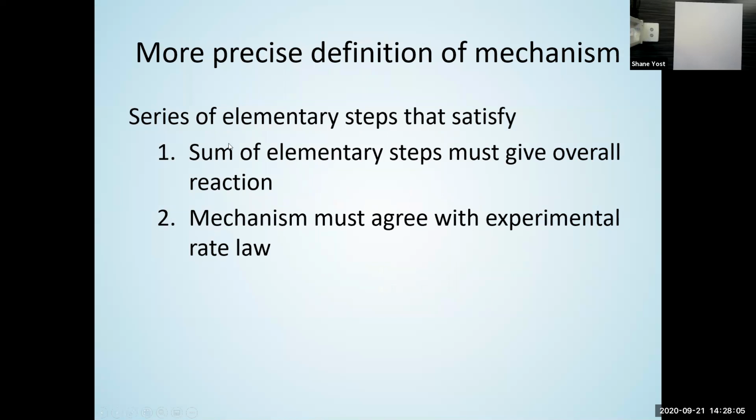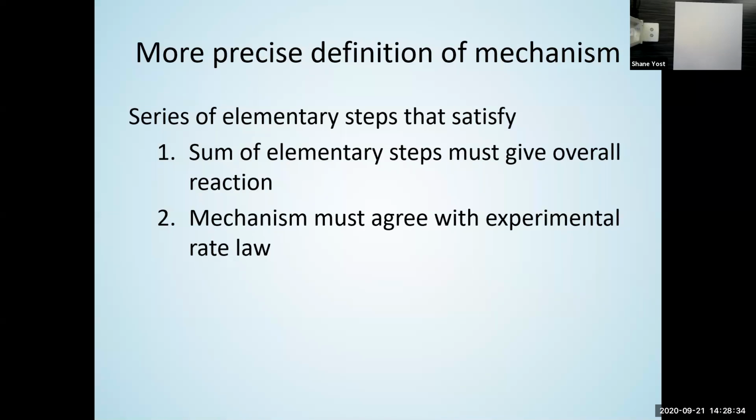Just to sum up, a reaction mechanism is a series of elementary steps that sum up to give you the overall chemical reaction. For our reaction mechanism to be valid, it needs to agree with an experimental rate law. In lab, we would determine what the rate law is for our overall chemical reaction, and then we try to see if that agrees with our